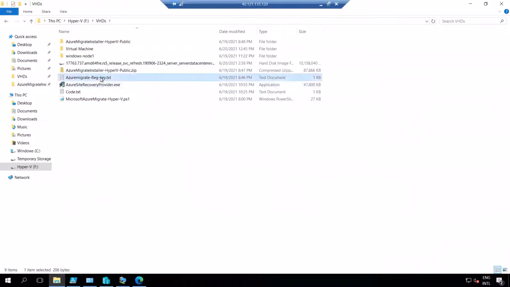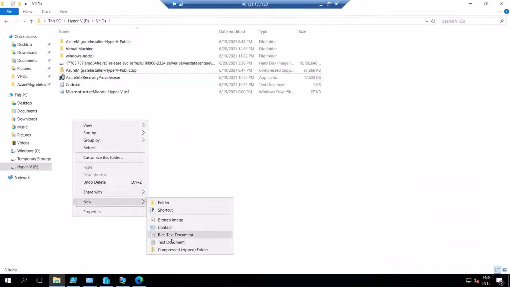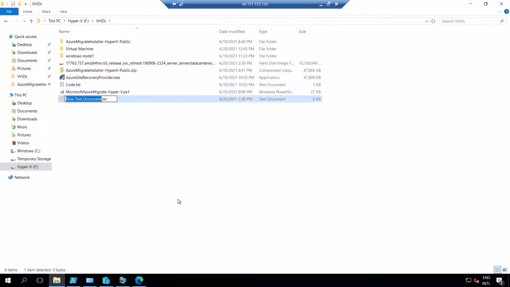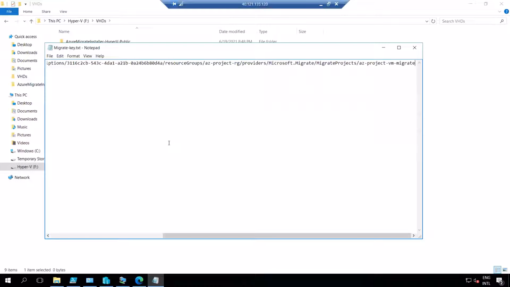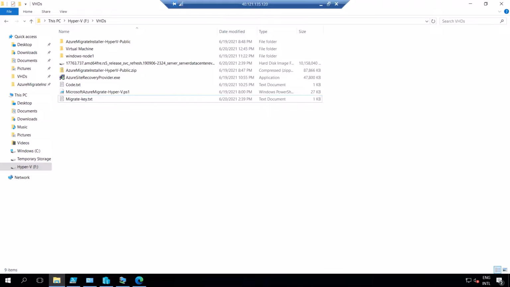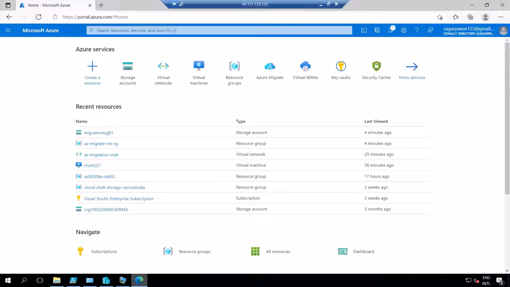Let me delete the previous key which I already had and create a new file here, named migrate key. Put this in. This is my key which I'm going to use, and I will show you where to use it.